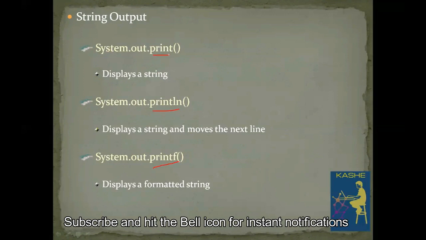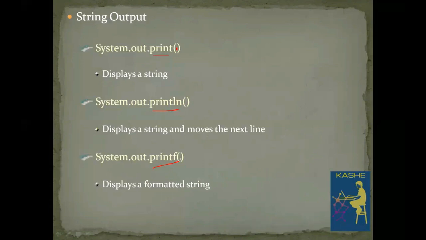If you use print, it will display only the string. Whatever string we have as the input parameter will be displayed by this print statement. Next, if you use println, it will automatically append a new line character at the end of your string while displaying. And the third one is printf. The printf statement will display a formatted string. Like in C language, you can use some formatting within the string while displaying it.